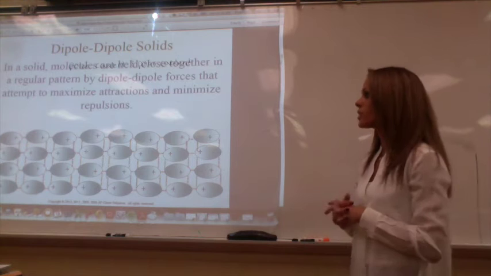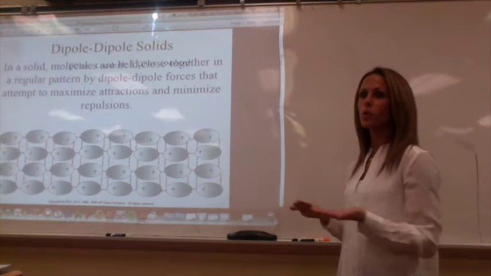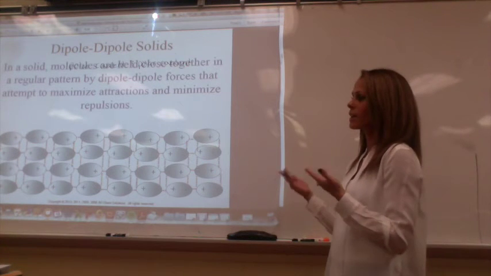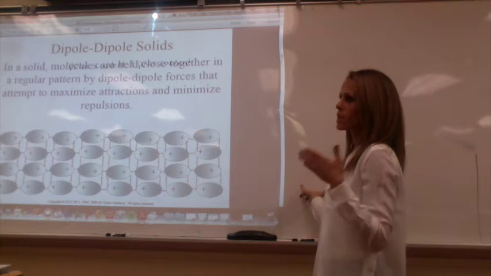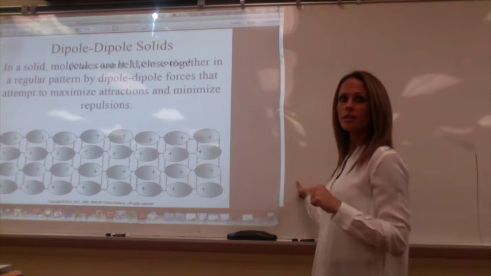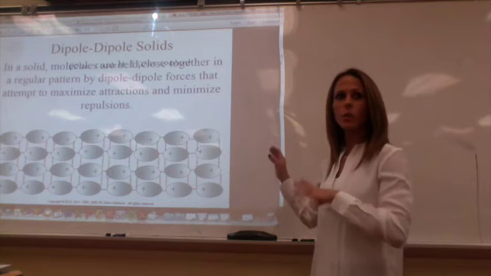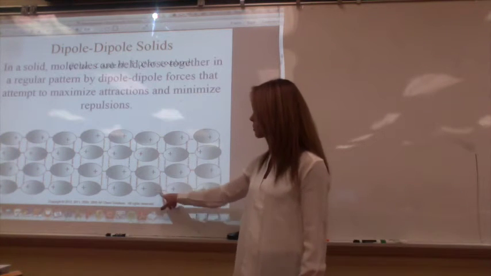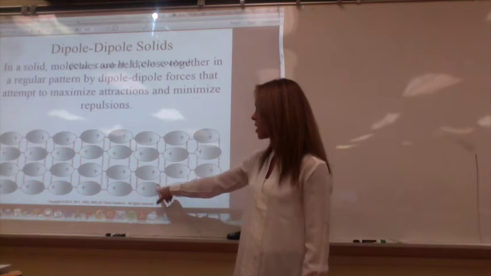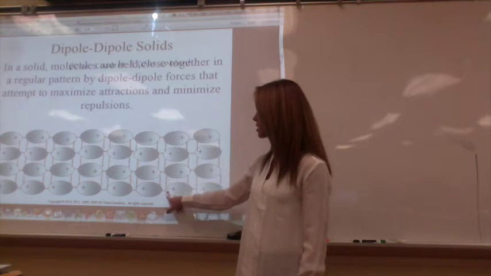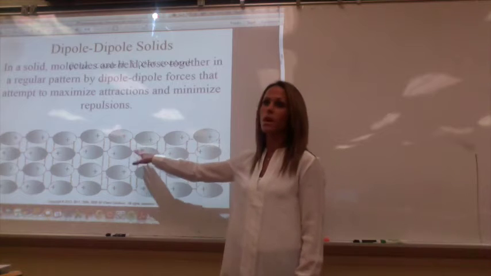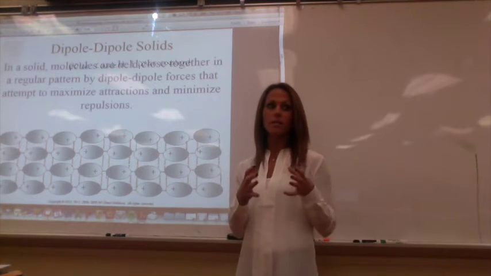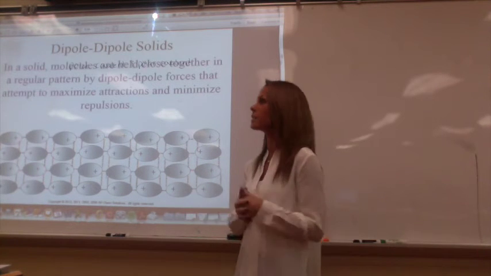This is an arrangement of dipole-dipole. So if I stuck a bunch of water molecules together, and this is what it looked like, this is obviously not water, let's pretend this is hydrochloric acid, HCl. So one end gets negative, one end becomes positive. All of the molecules arrange themselves, and you can see that the positive and negatives are attracted here, but also the positive and negatives are attracted going up and down, and you create lots of dipole-dipole interactions to create this liquid, or this puddle, or this solid.